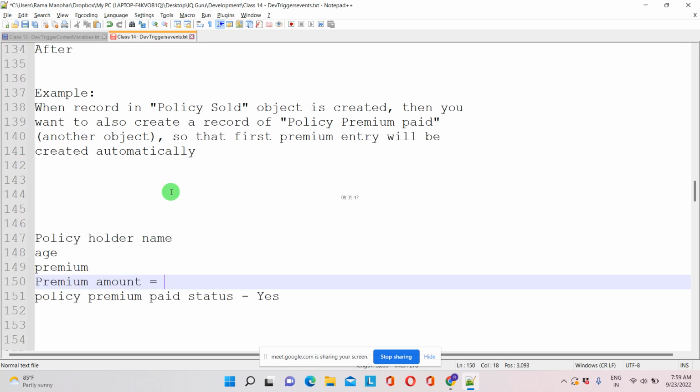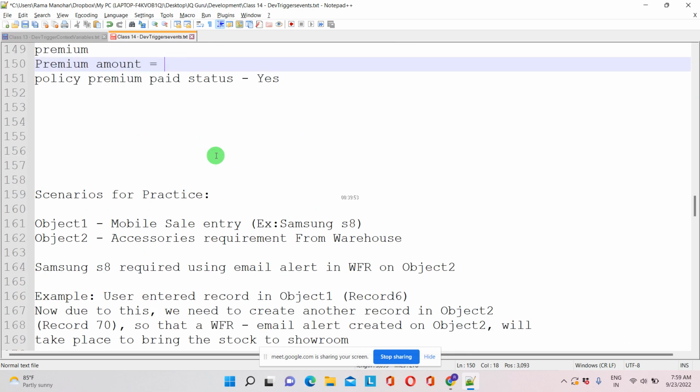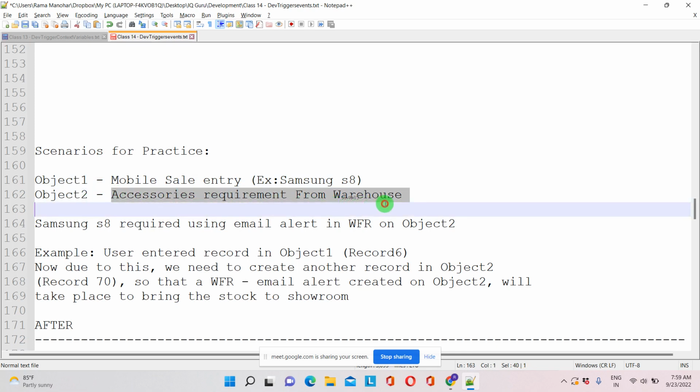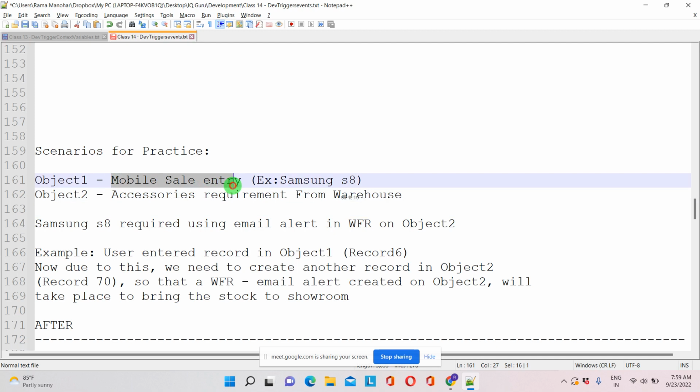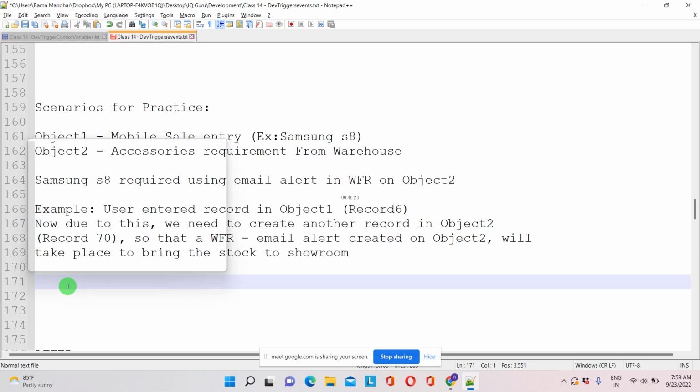So now, scenarios for best practice. Now we can see there is an object. Object name is Sale Entry, and object 2 is accessories requirement from warehouse. Got it? So for the first object, what are the options you'll generally be getting if you create any mobile sale entry? What are the options you'll be creating? If it is mobile sale,